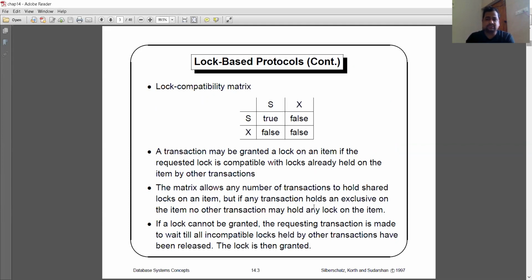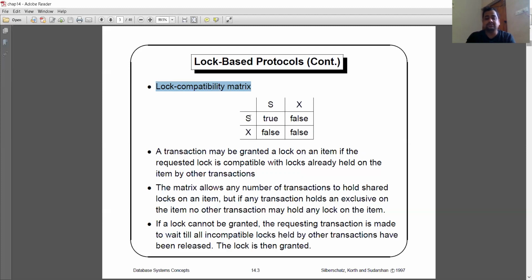Before we start this lock-based protocol, we have to know what a lock compatibility matrix is. In the previous part we discussed that there are two types of lock, either a shared lock or an exclusive lock. A shared lock is denoted by S, an exclusive lock by X. Let us consider two data items. What is the matrix associated here? If one is shared and the other is shared, the value is true.